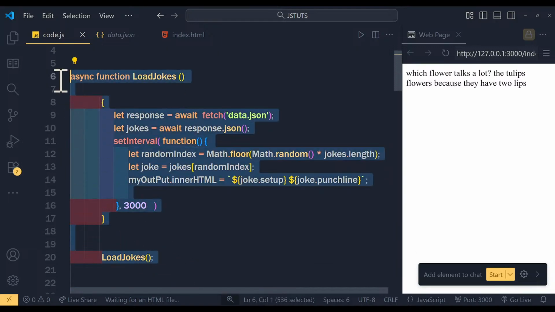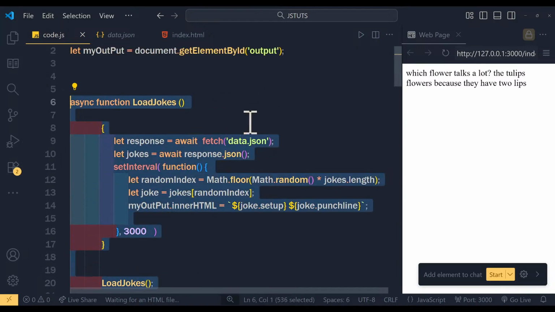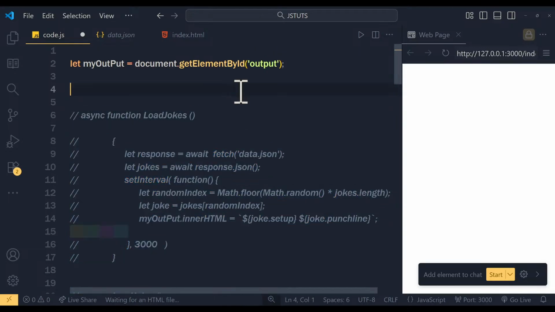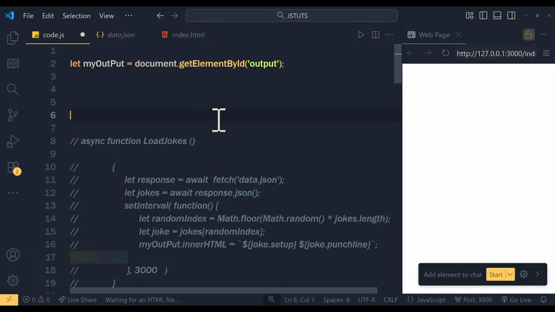I'm going to comment it out for now. Sorry, I'm going to use a variable to get a random number. So let random num